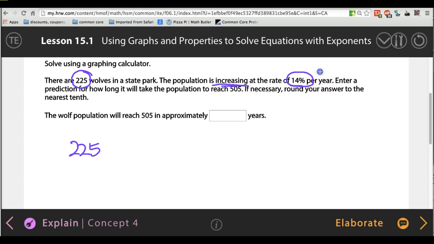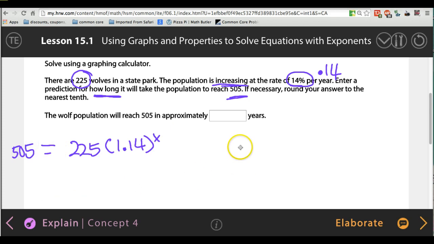We know that 14% is 0.14. So if it's increasing, we got to add 1 to that. Okay, so starting with 225, and then it's going to be 1.14 raised to the power of x, because we don't know how long it would take for the population to reach how many? Well, our answer happens to be